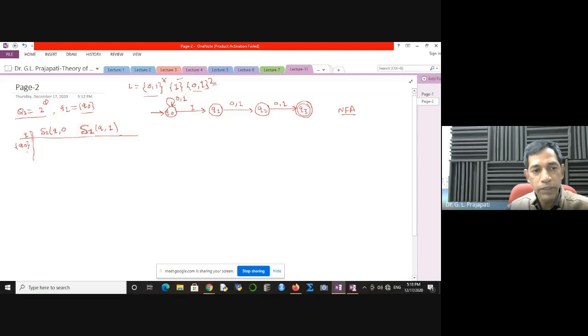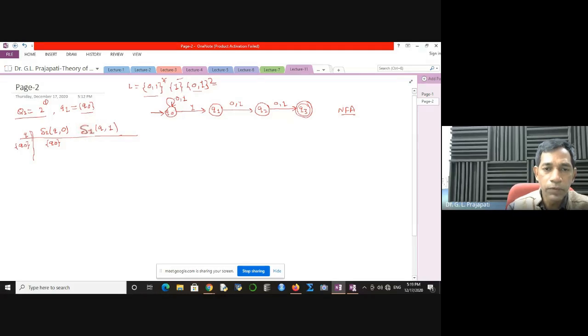So if you are at the state Q0, and the input is 0, where can you go? You are going to the state Q0. Only one state. Now if you are at Q0 and you have the input 1,